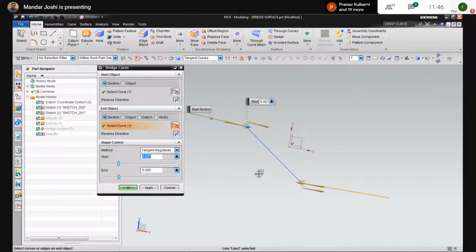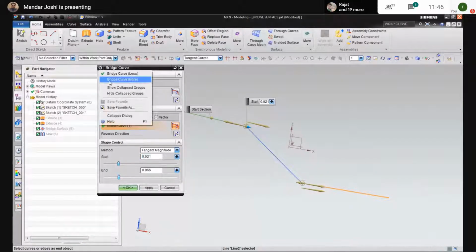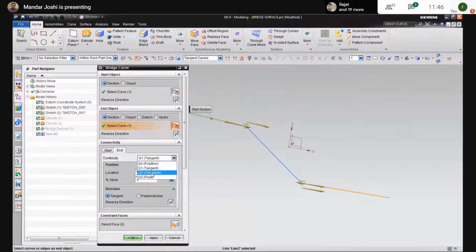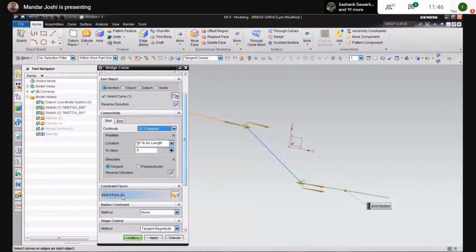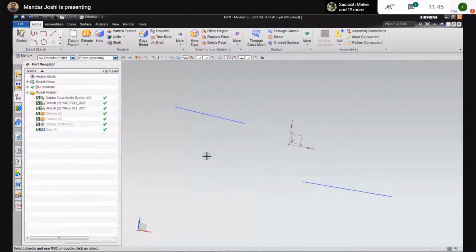Okay, I'm using the more options and connect continuity. I'm going to change to G1. I repeat, just a minute.